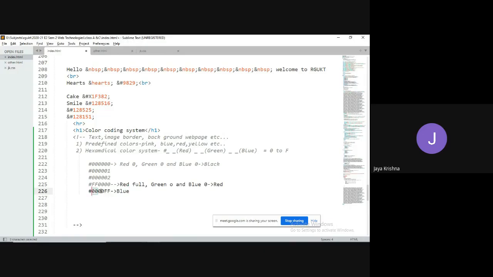Red is 0, green is 0, and blue is 0. Sorry, blue is full, meaning that we will get the output as blue. Okay, fine. There is some blue color. Yes. If I write hash FF...